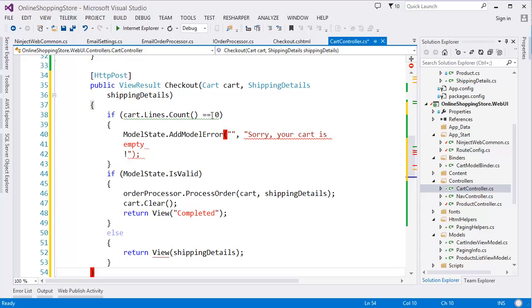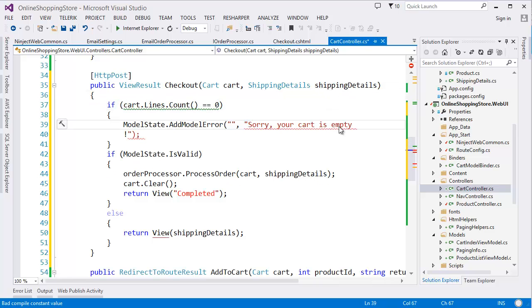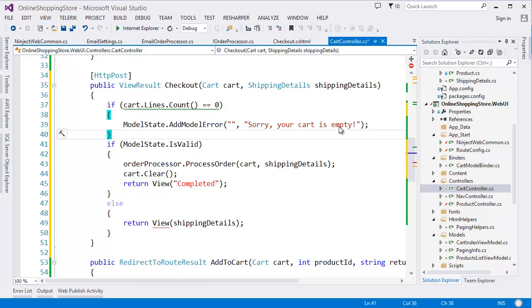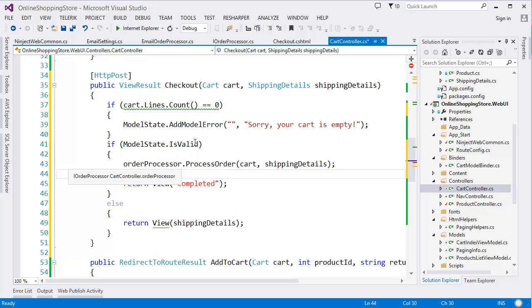Alright, so this is the HTTP post method, and okay, so if there is no line in the card, then it will just show you an error message in the model as a model error. Otherwise it will process the card. Okay,